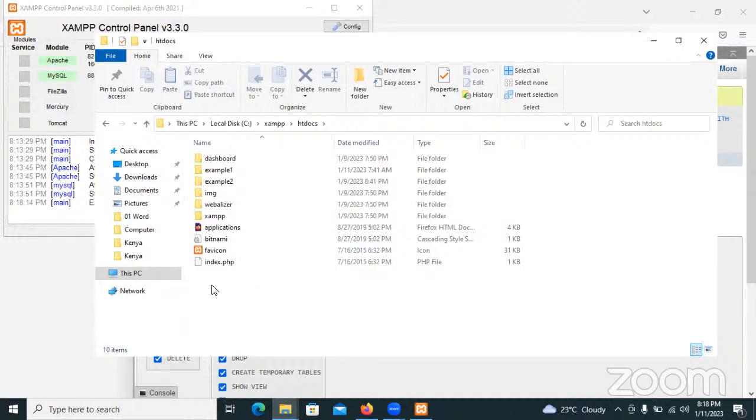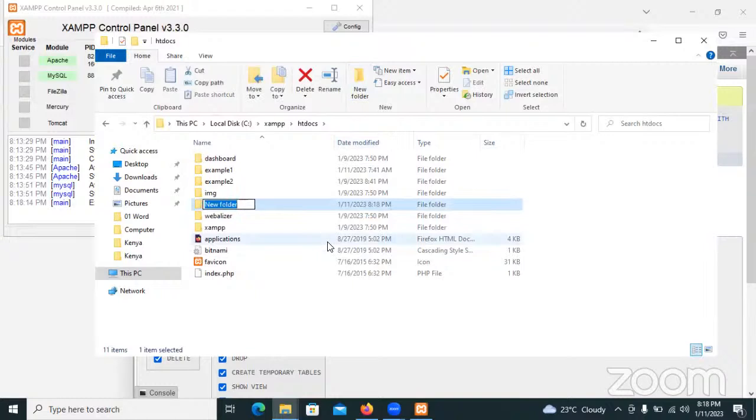So here, we all know how to create a folder. So I have a new folder there. I'm going to give it the exact name I gave to the database, which is Samuel. Then you can press enter key. So after you have created the folder under htdocs, you now need to go back